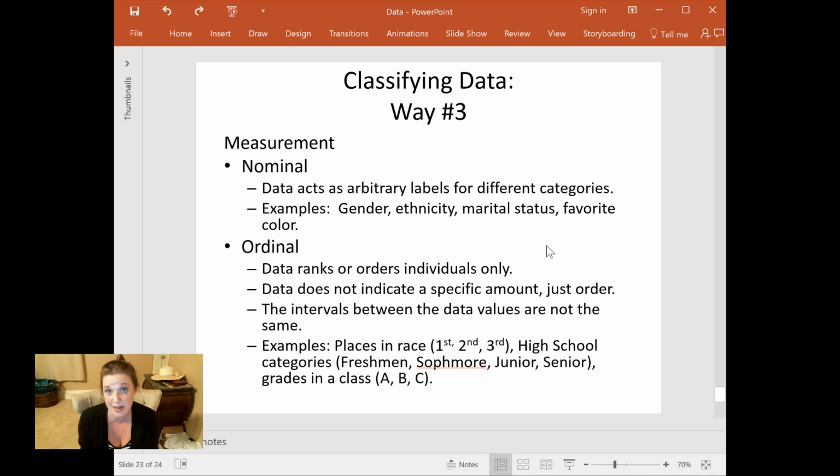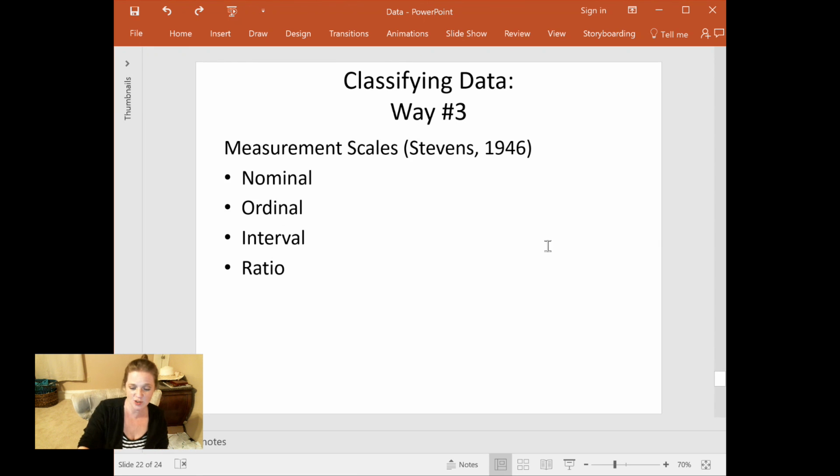And nominal actually means word. It actually means name. And so just like categorical data, the answer to the question is going to be a word. Nominal data is where you've gathered information about people and it's a category or a word, right? And so then there's the last three: ordinal, interval, and ratio.